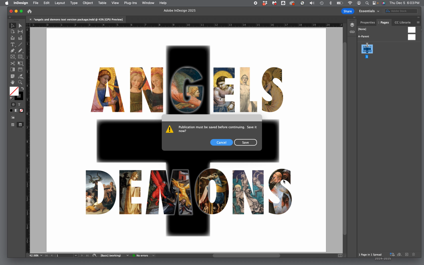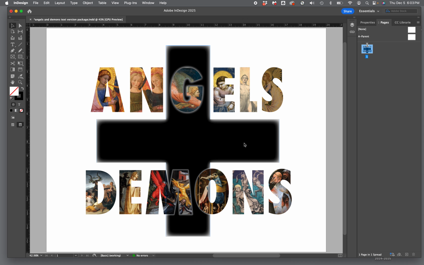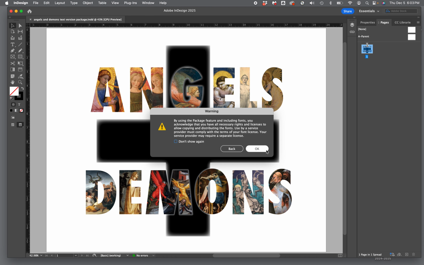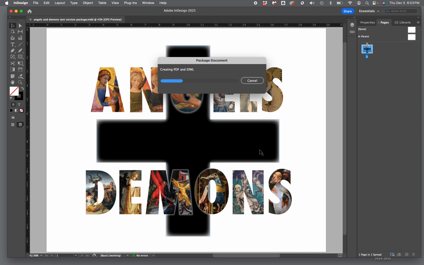And then when you package, it'll ask you if you want to save it. There are lots of check marks to look at. Essentially, make sure that every single check mark is on, especially the option that says include PDF print right here. And right beside it, select high quality print. And then when you package it, and when we say OK, yes, we recognize there are copyright issues with certain fonts,